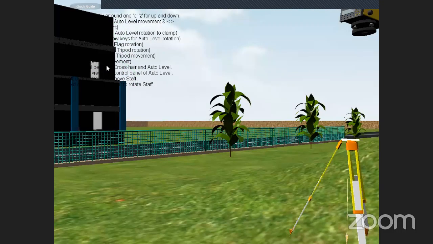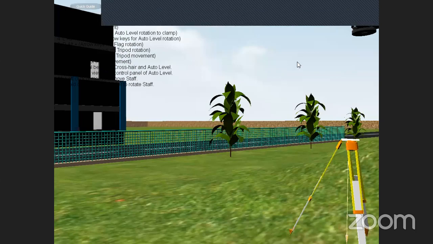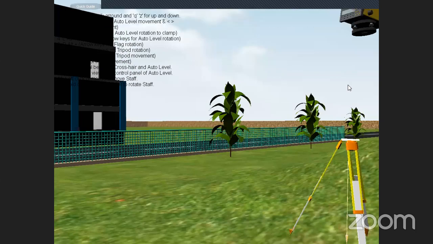Where is the location? Now you check the location. See, by pressing 0, you will see the tripod is somewhere else. Now see, it is not visible. So you need to keep it in a different position.